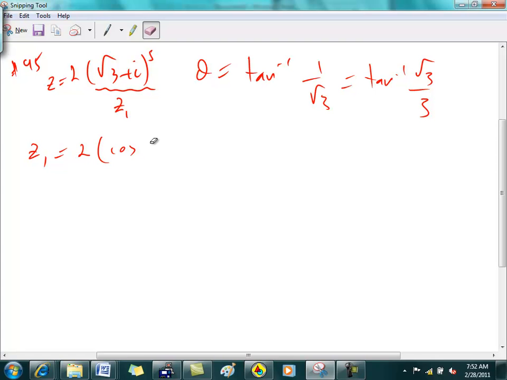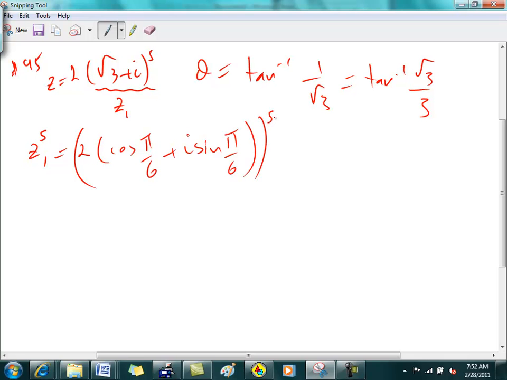So this is going to be cosine pi over 6 plus i sine pi over 6. All right? So that's Z1, except I need to do this to the fifth power now, right? So then this is going to be to the fifth power, including the